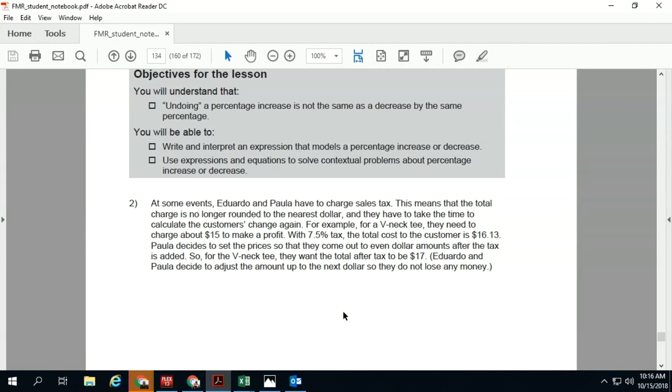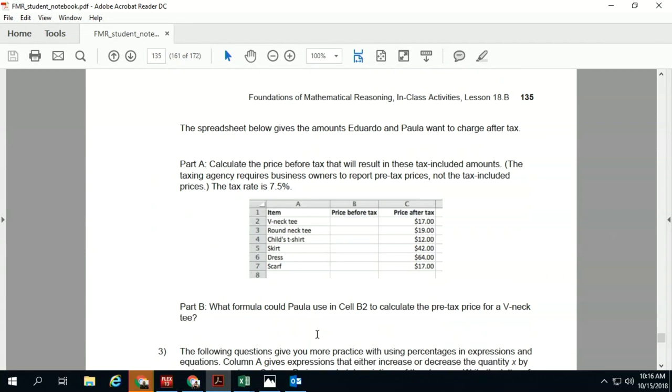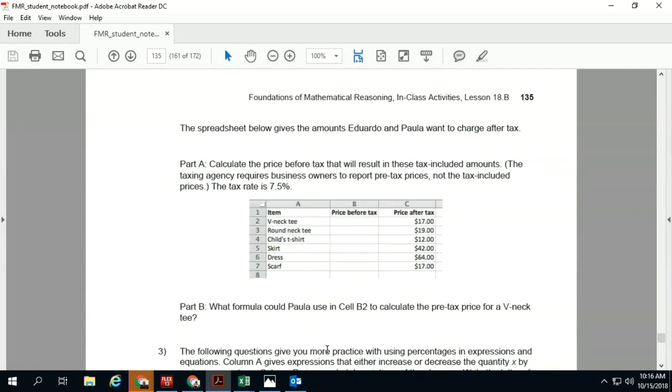So you've got your prices. Let's fill them out. Next page. So this is the price that they have after taxes. We want to know what formula they could put in each cell to get the pre-tax dollar for each one of those things. So if you start with $17,